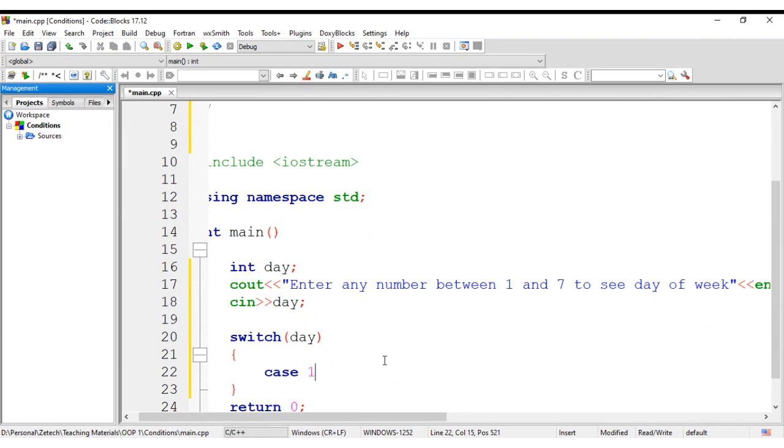If the user enters the number 1, then the program should do a certain activity, and the activity is to display. So it displays: Day 1 of the week is Sunday. Day 1, of course, in the Gregorian calendar, it's Sunday. There are other calendars, but there are very many calendars in the world. We don't only have the Roman calendar. And line